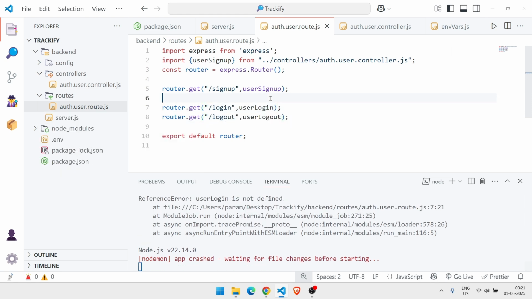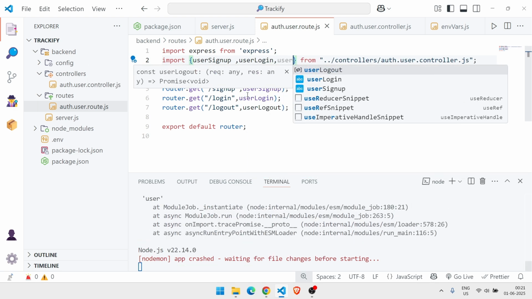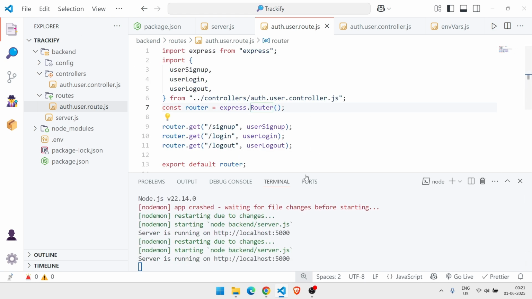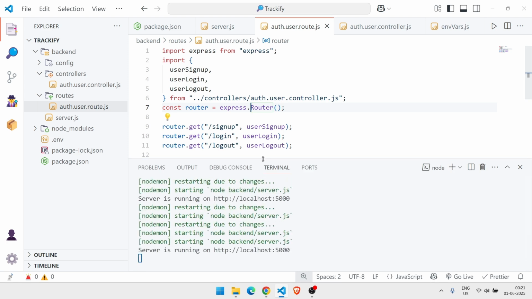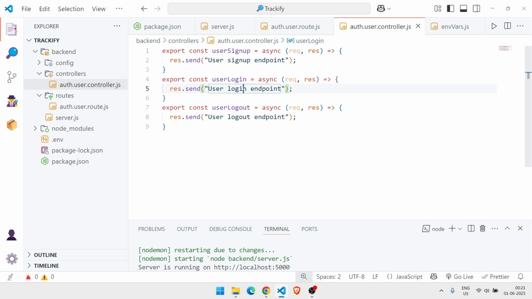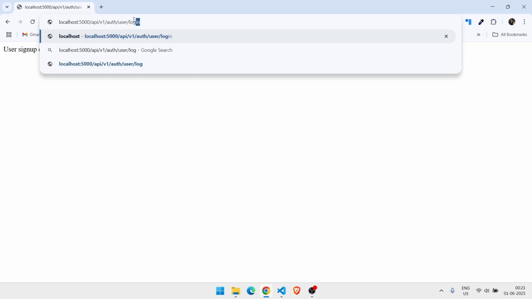Okay, so these are all the routes. You also have to export user login. You can see the color has been changed also in all 3 of them, and this is the final look you will see in the route folder of user. And these are the functions. Let's check every function. Login, user login endpoint,